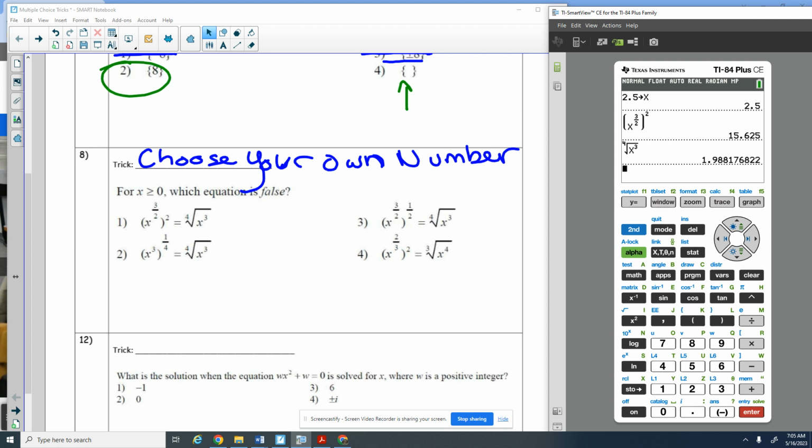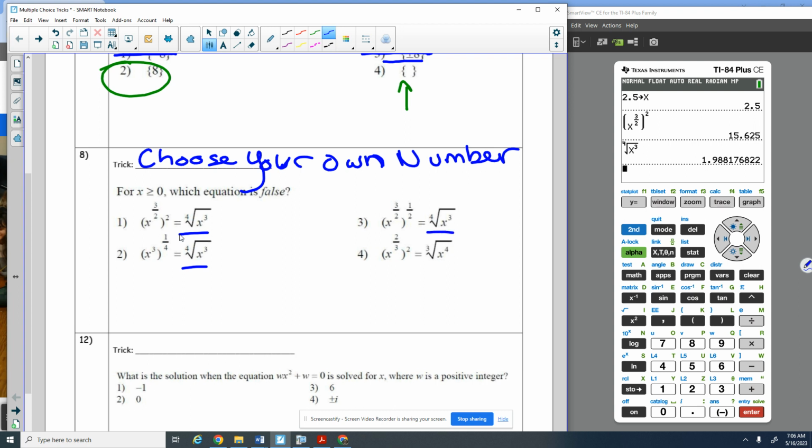Okay. So it doesn't look like those two are equal. So right now it looks like number 1's my choice. Now I also notice that the right side of my equation is the same for each one, except for this one. So when I go to choice 2, I'm going to type in